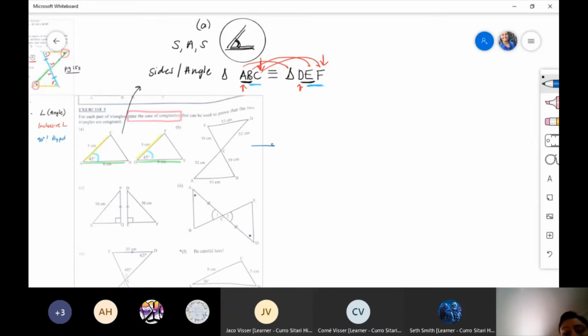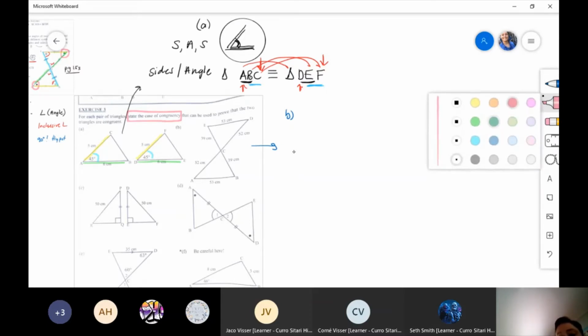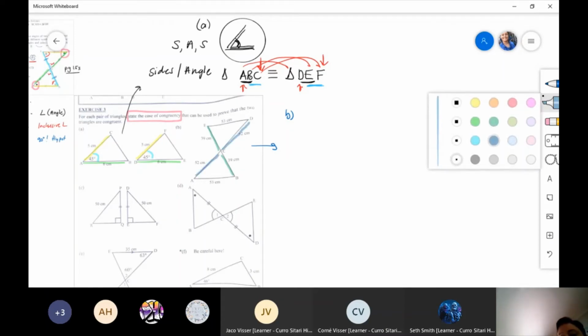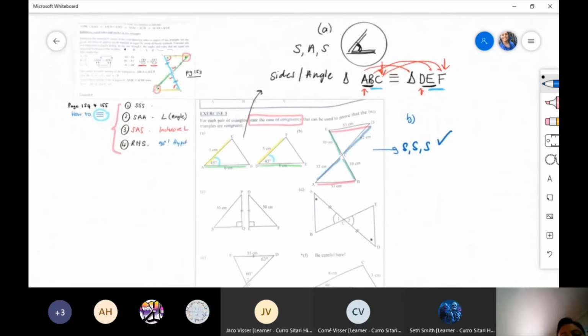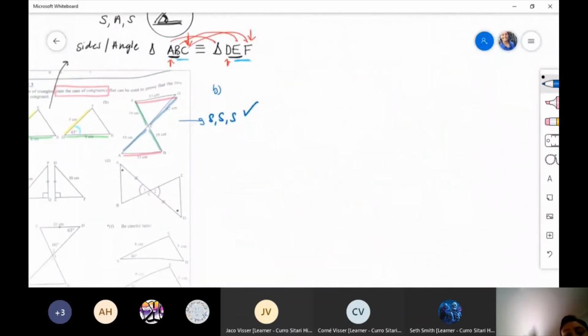Let's try this next one at number B. In number B, what I see already is the fact that I can again color code. Look, I've got this 39 here, 39 centimeters, 39 centimeters. What else do I have? I have a 52 centimeters and another 52. And hey, look at that, I've got another 53 there and a 53. So this is in fact a scenario where I've got a side, and a side, and a side. So all good, yes, it's one of my scenarios. There it is, it's this one right here. So basically, I don't have to stress about it. That's great, I can continue. It is legit. Therefore,